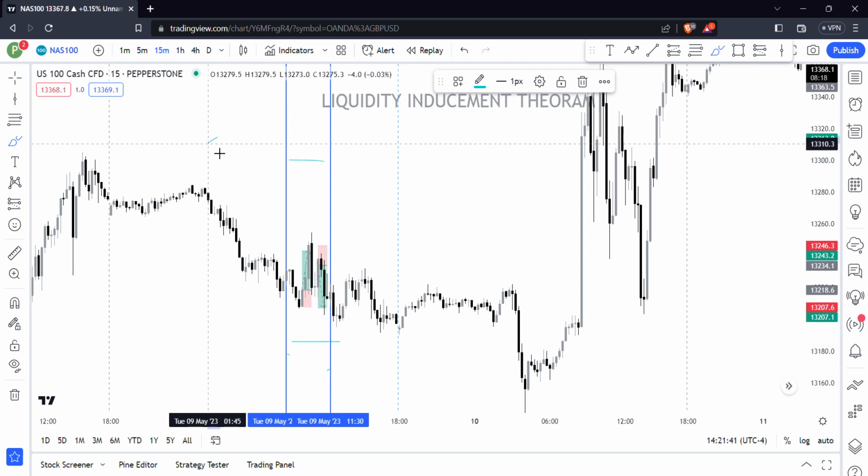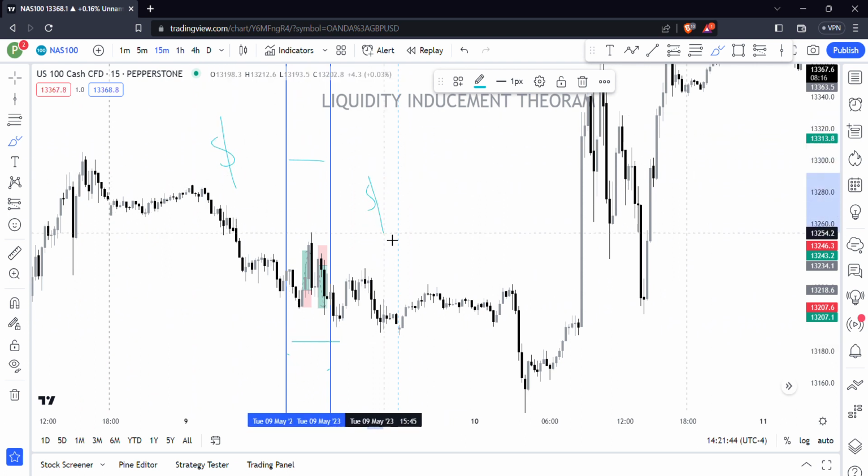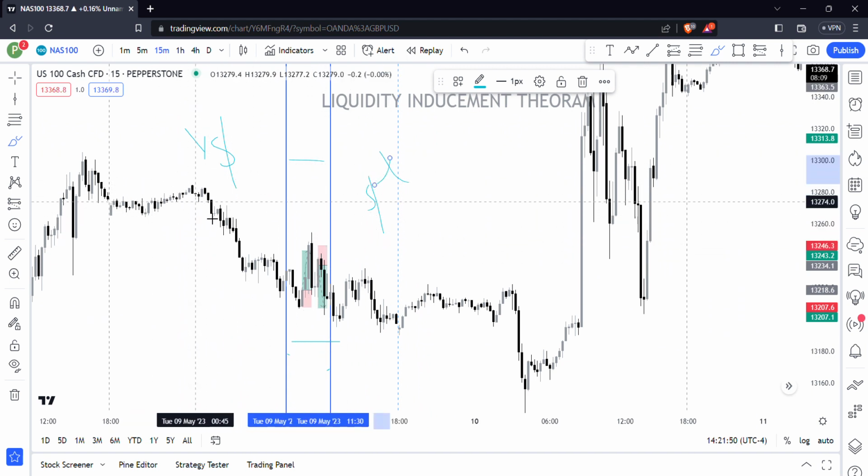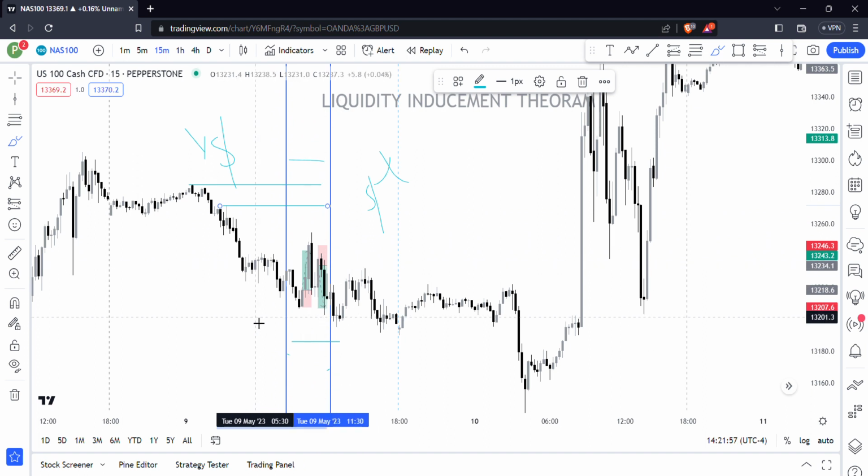You should not care what happens here, or what happens here. You should only care about the price action that happened here. You should only use this price action to mark the liquidity, where the smart money and the retail people are getting trapped in the market. You should only use this, and until then, you don't use this.